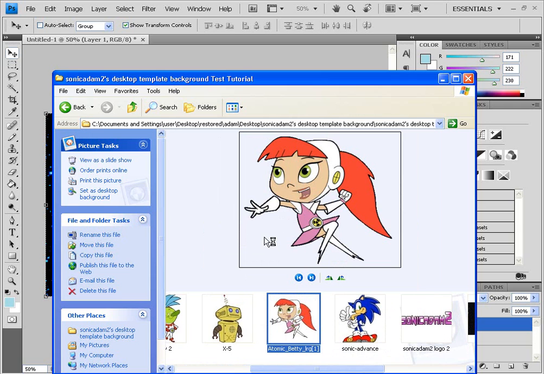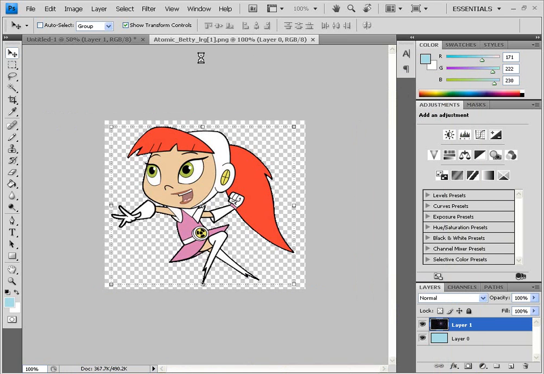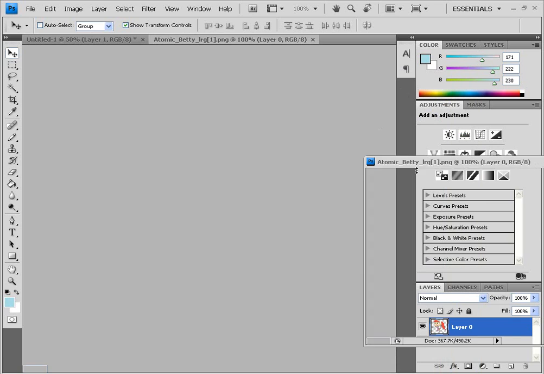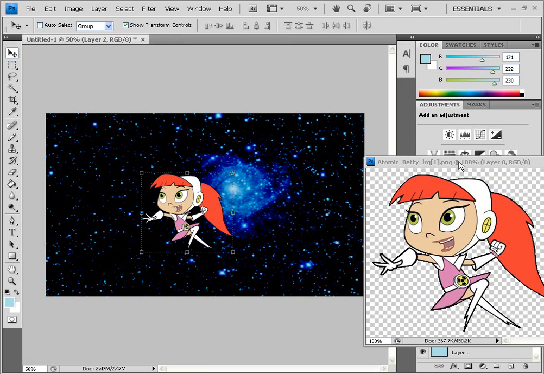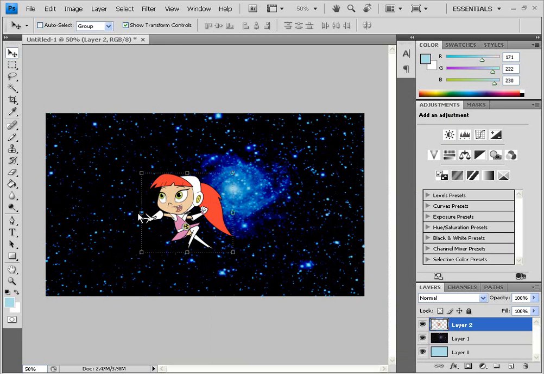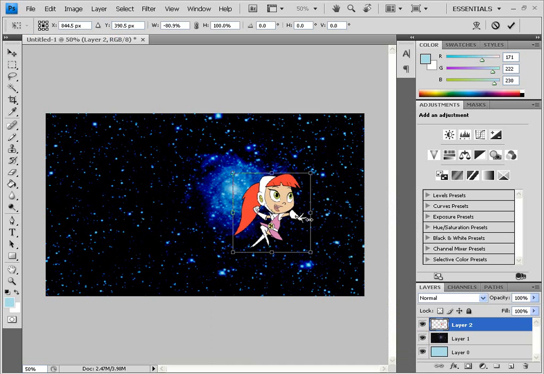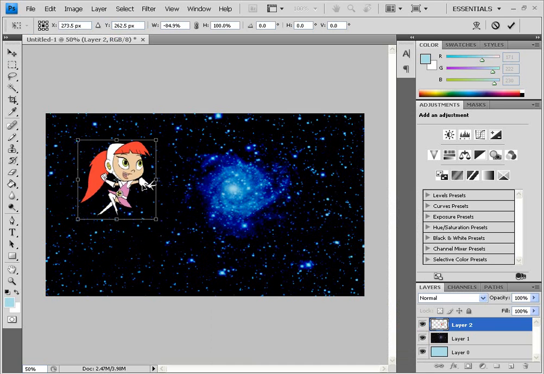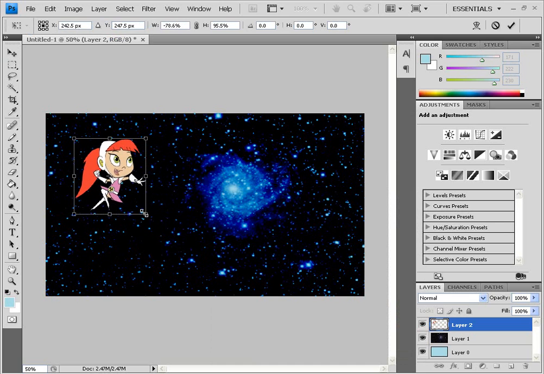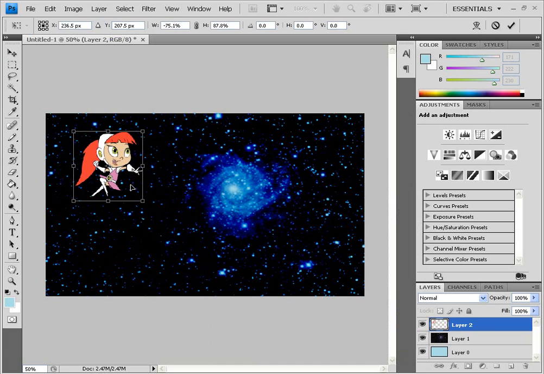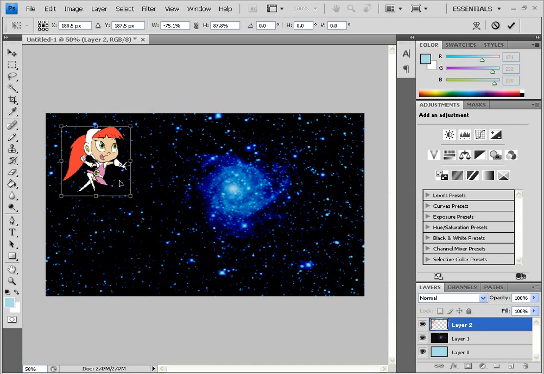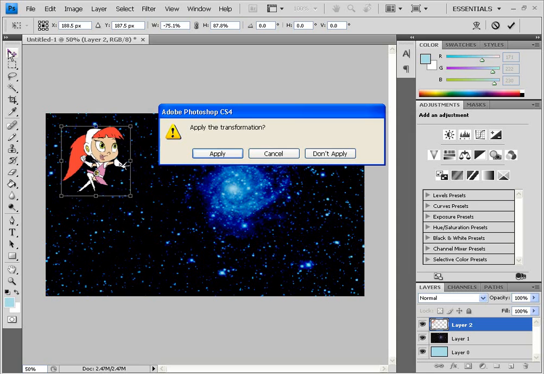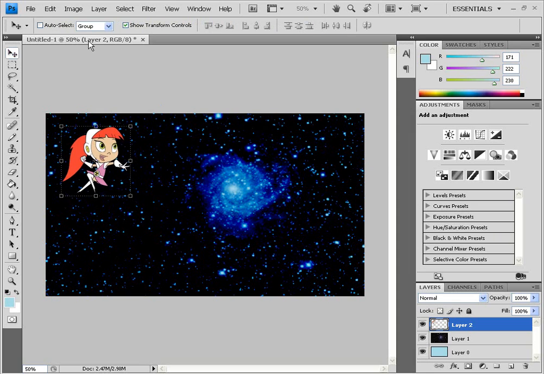Go here, and you move back here, and then you drag it over to here, and then you flip it over by resizing and adjusting it, and resize it over here. It depends on what things you like. So yeah, I'm going to put it over here, and I'm going to click here and click apply, and then